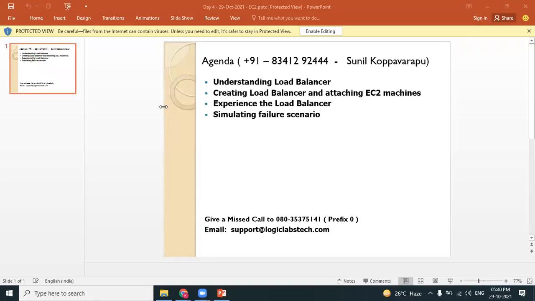Suppose I'm hosting a site on a public IP, because I'm working as a Linux administrator. If you don't want the IPs to change, you have to allocate an Elastic IP. Generally, it's called a static IP. When you allocate an Elastic IP, it will not change. We'll see it soon when you learn about VPC. Clear? Thank you, sir.